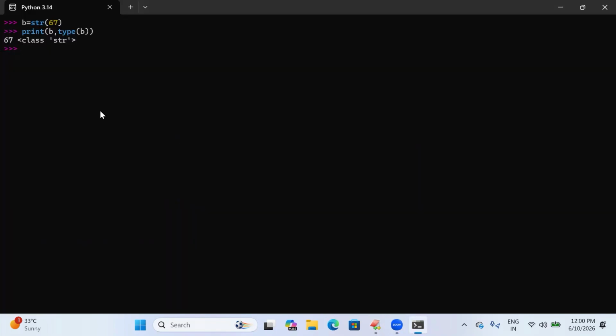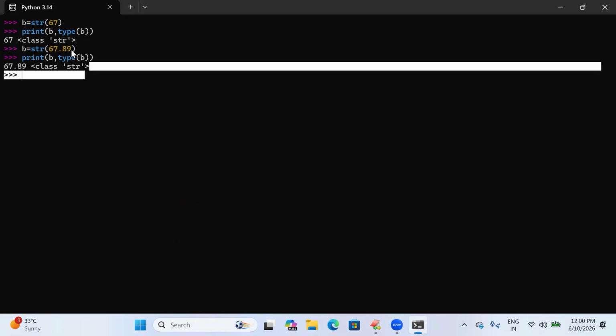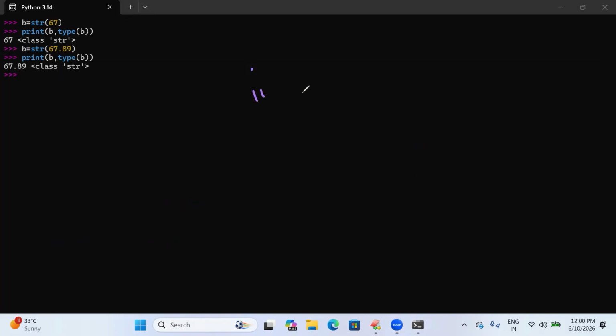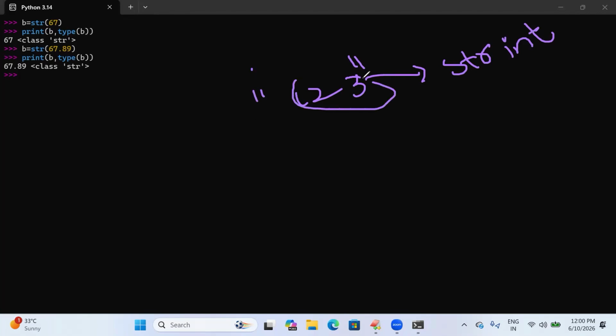Float type value into str type value. So here now I'm declaring a float type value which is 67.89. I declared a float type value like this. So now I'm trying to print this b value and its type. See here, it has converted this into str type. So in previous episodes, we have declared like this, right? 1, 2, 3 integer within the double quotes means it is known as a str int, right? So when we are declaring this type of str int, then we can easily convert this integer into str int,